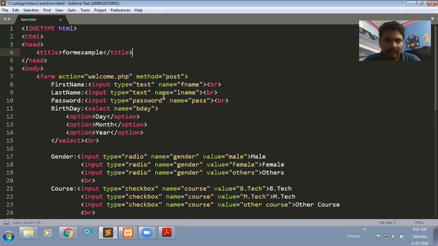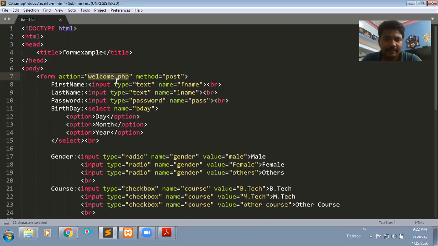That server page we mention within the form as the action attribute. Here I'm mentioning welcome.php. This is the page which is available in the server. Once I click on that submit button, my total data is submitted through HTTP protocol, and the data is received by this page